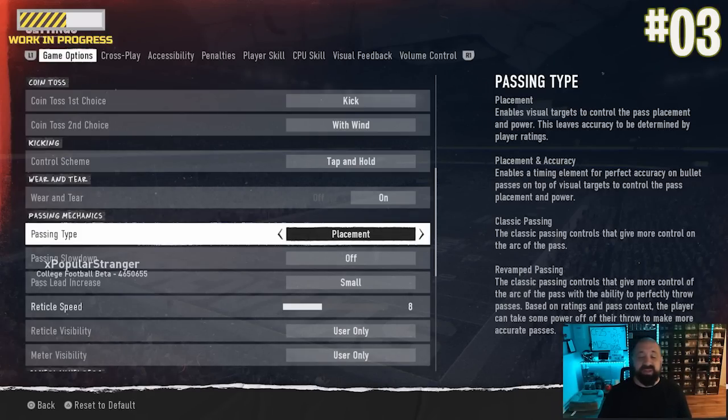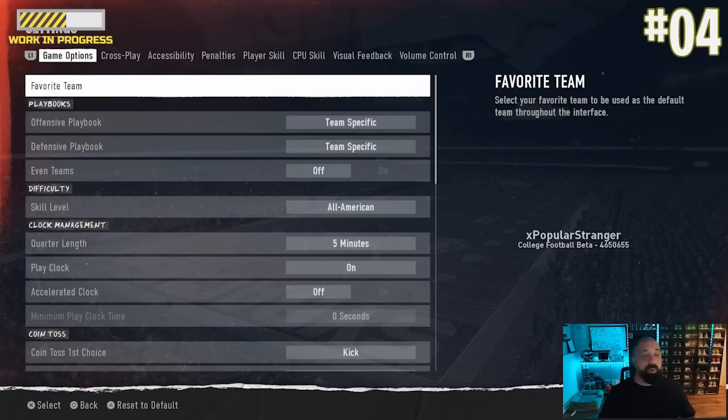You dictate the placement and power on these passes, but the accuracy is going to be left up to ratings. Again, go into practice mode and try the different ones out to see what you're comfortable with. Next to game options, and there's more you can go through in there that I didn't cover in this video,